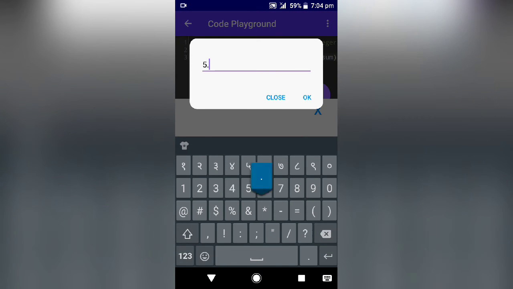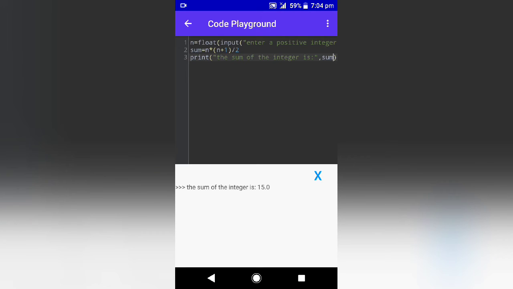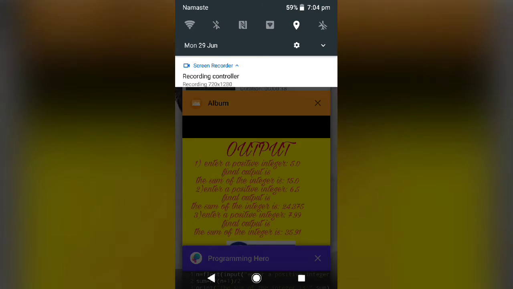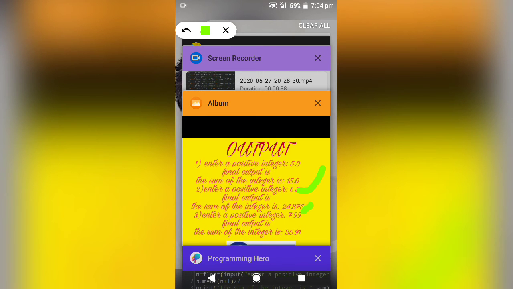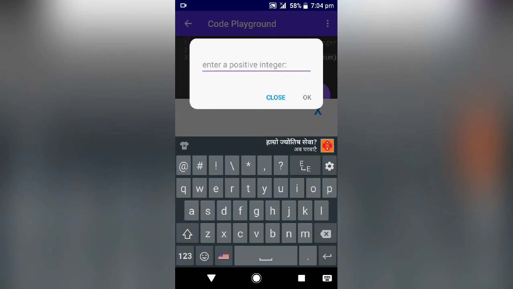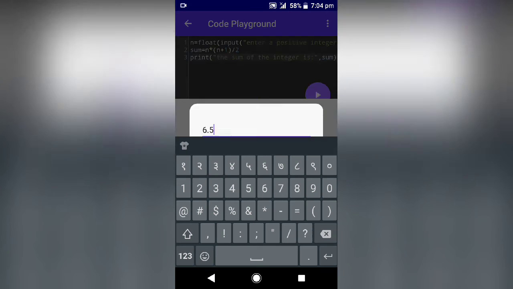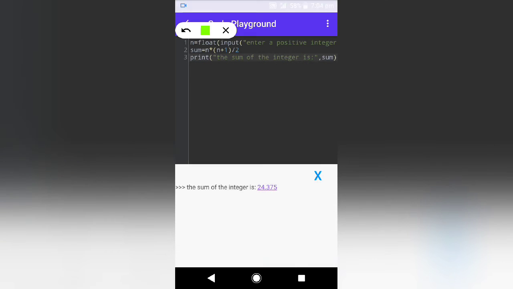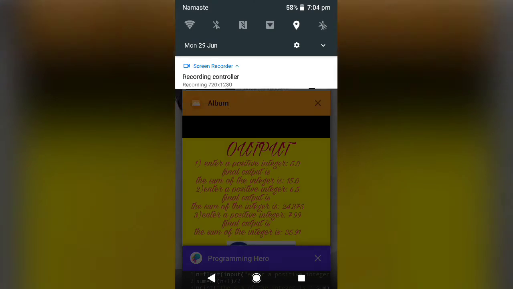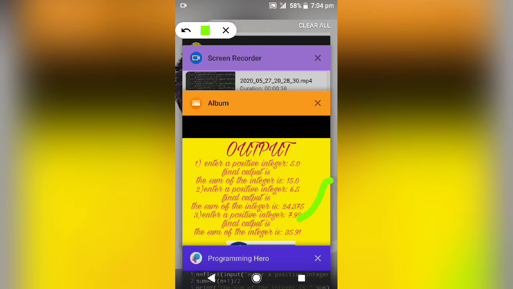You can see the first output here is 50.0, as you have already seen. After that, the second one is 6.5: here you can see 6.5 input and the output is 24.375. The last one is 7.99 and the output should be 35.91.